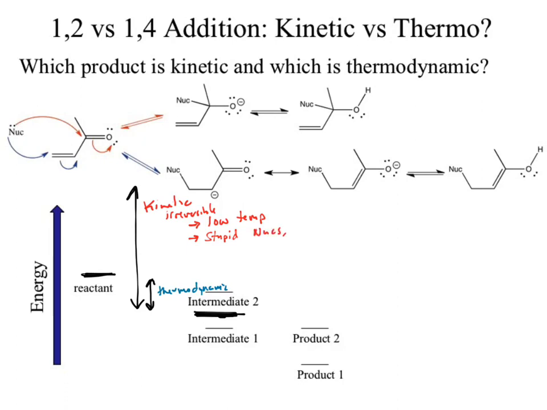For the thermodynamic, that ends up being a reversible system. And really, this is where it becomes weird. We're not saying the thermodynamic product is reversible. In fact, what we're saying is the thermodynamic product is irreversible, but the only way we make the thermodynamic product is if the kinetic is reversible. What are the conditions that force reversibility? High temperature and